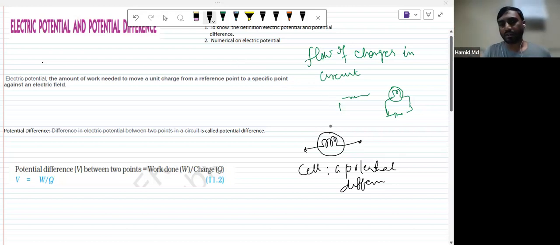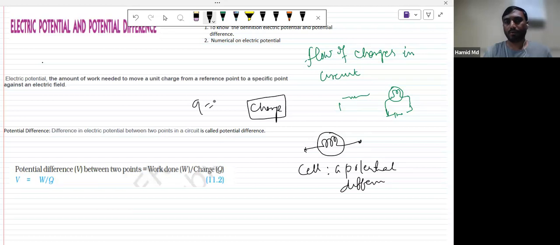So to drive the charge, we need a potential difference. So can you tell me, what is charge? Do you know anything about what charge is? Yes, sir. What is it? The current flowing of electricity. Q is equal to I times T. What is I? I is current and T is time. That is, current is flow of charge per unit time.